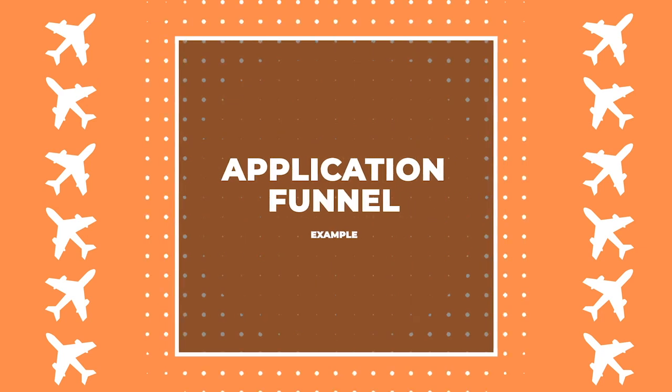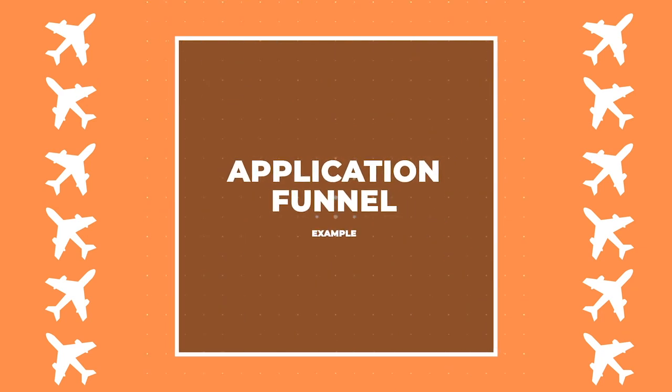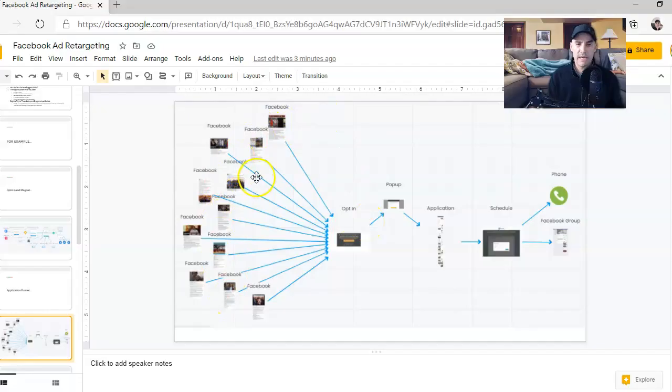So for an application funnel, here's an application funnel example. All of these Facebook ads lead to a very simple opt-in page. When you click a button, an opt-in pops up and then leads to an application page, which in this particular case is a long sales letter with an application up top, and then leads to scheduling, either a phone call or an invite to a Facebook group. So what are the actions that are taken on these Facebook ads? They've liked, commented, shared,